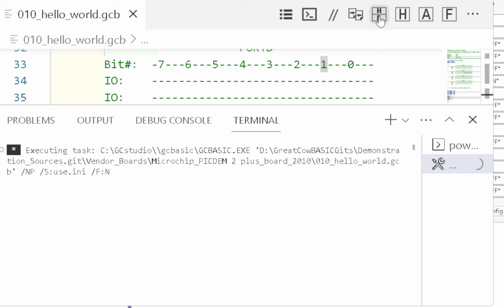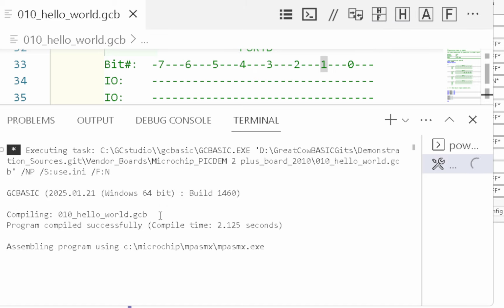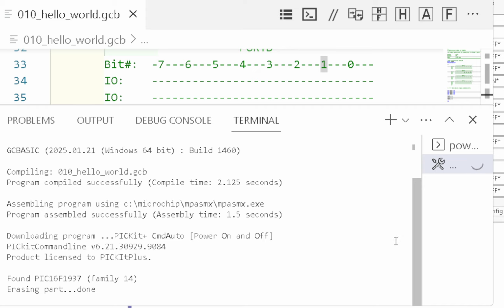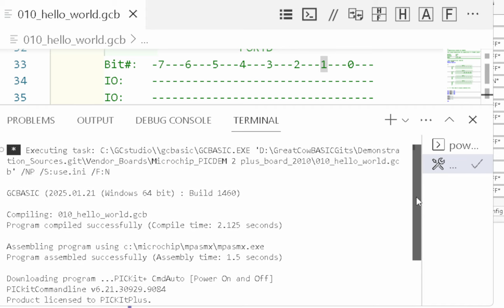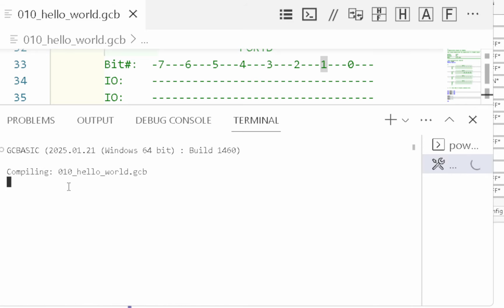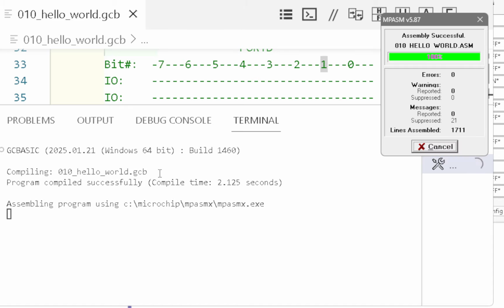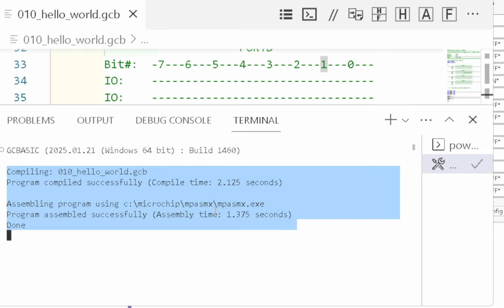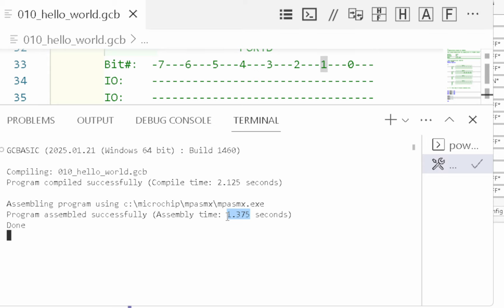There we go. Hello world. Passes it out to MPASM, and it's downloaded it. But look at how limited the information is now. If you don't program it, if you just generate a hexadecimal file, you get very limited information now. But you don't need it because it's just going to work. And if you saw on the screen, it's flashing with MPLABX. Look, it's done it. And that took 1.35 seconds. So let's put it back to